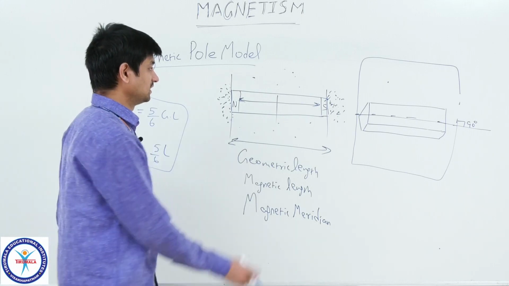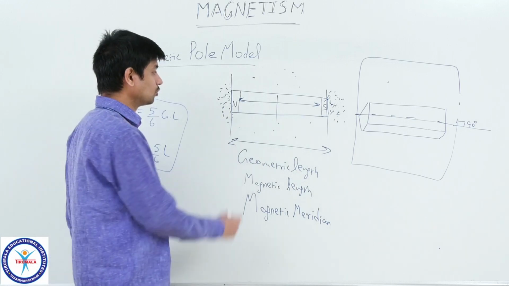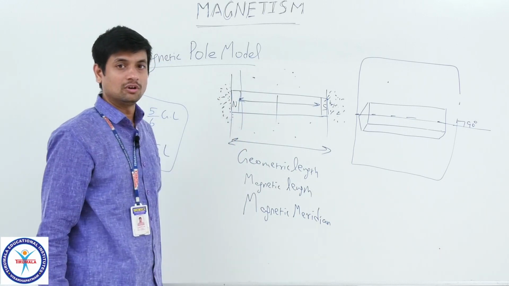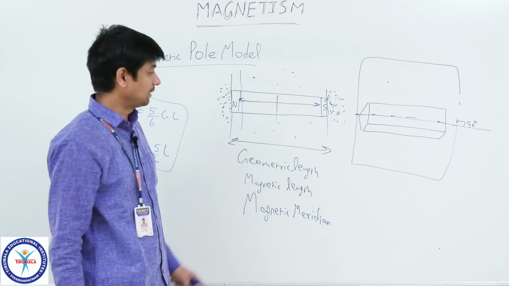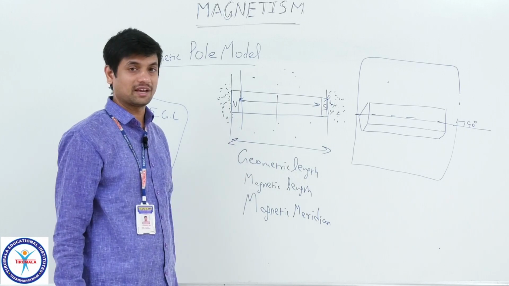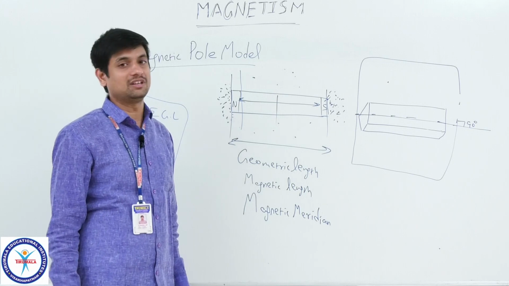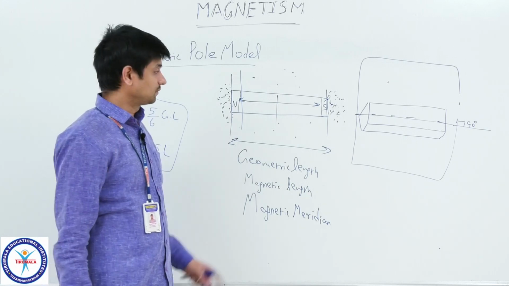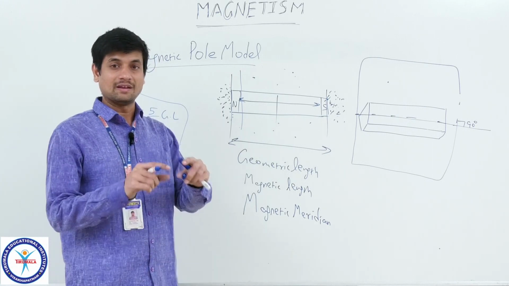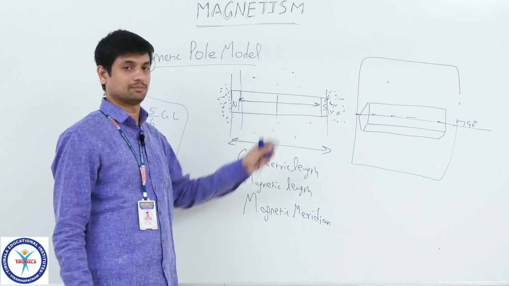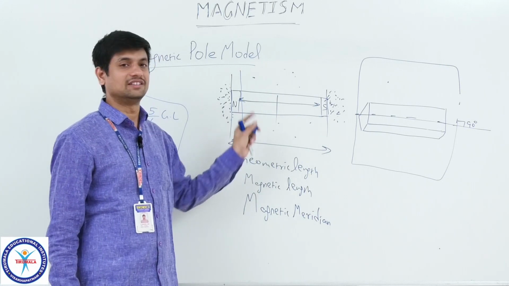And one more thing, this length is also an important factor to know the magnetic pole strength and magnetic dipole moment. Magnetic dipole moment can also be determined based on this length. If the length is more, the dipole moment also will be more. So that's why the length factor is important for magnetism if you want to make any magnetic material in this shape. That's why mostly the magnets will be in this lengthy manner.